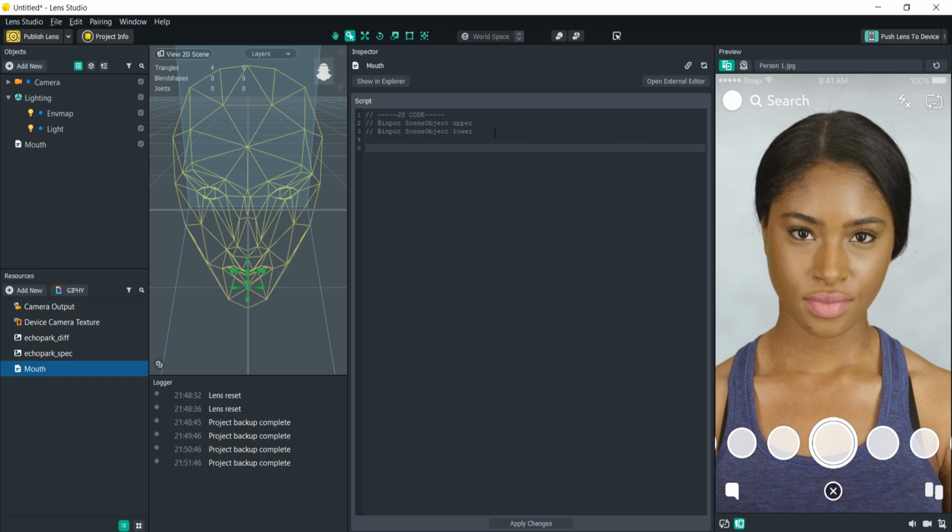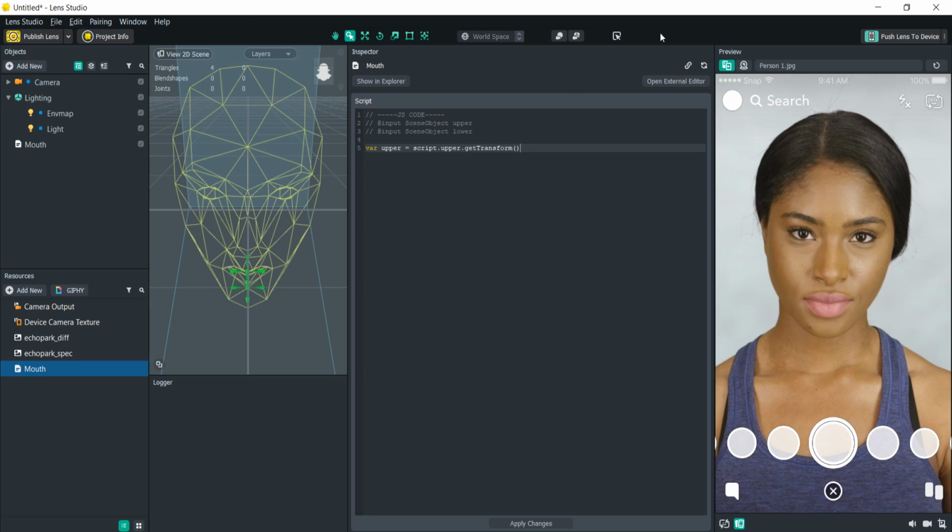So let's start by getting those positions, just to make sure that we are doing it correctly. And in order to get their positions, we need to grab the transform of each of them. So to do that, let's create a couple variables. Let's call this one variable upper, and we are going to do script.upper, so we are now referencing this object. .getTransform